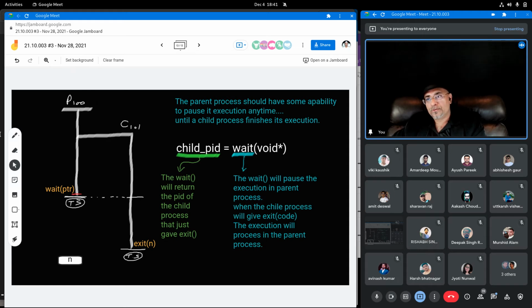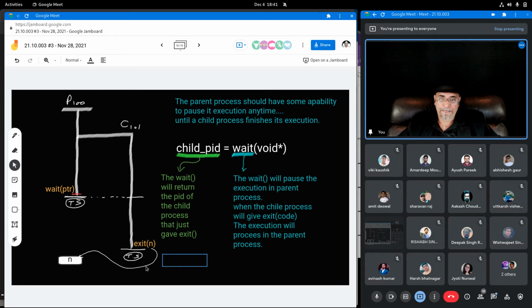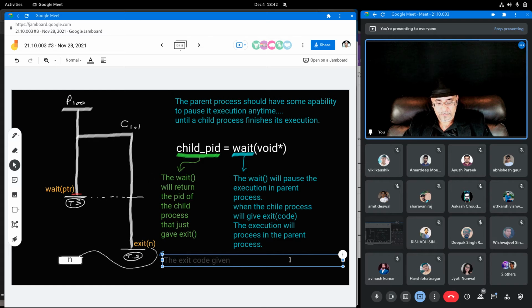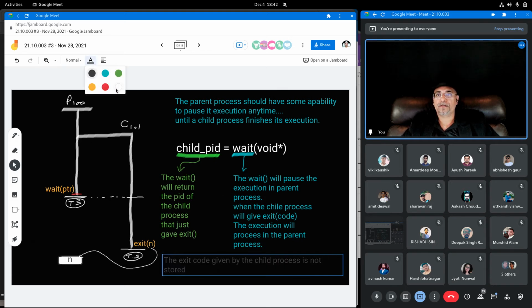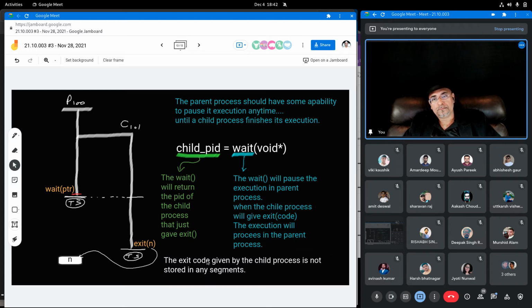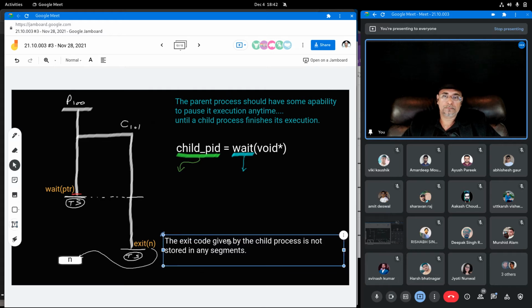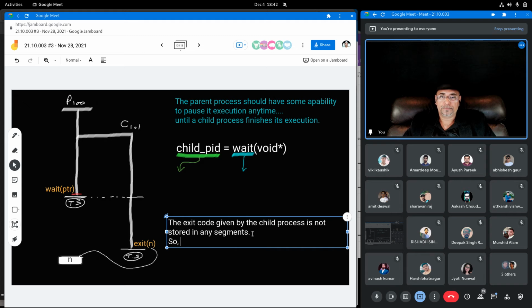So, the exit code that comes from here comes and gets stored at some location outside of segments. The exit code given by the child process is not stored in any segments. So it could not be accessed using any